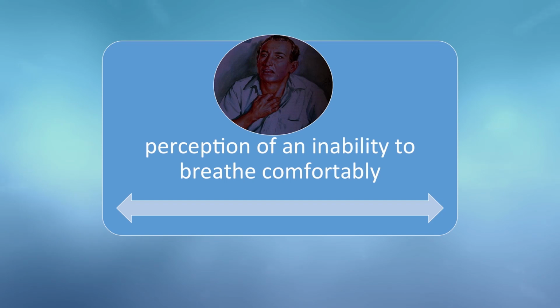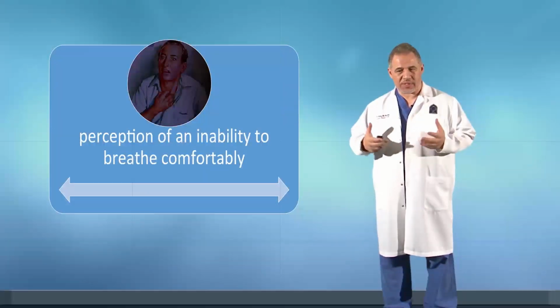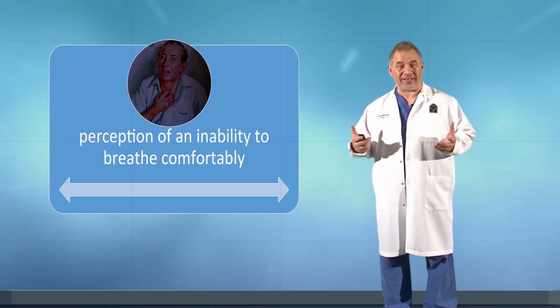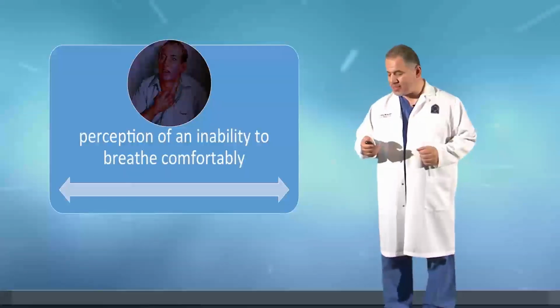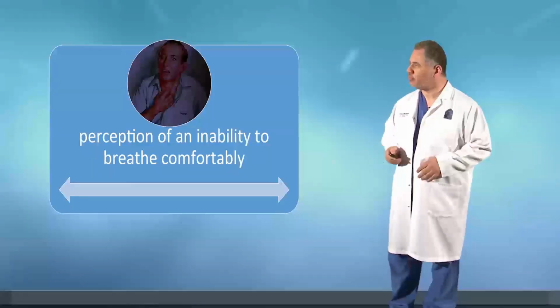The minute you are aware of your breathing is either because your work of breathing is hard or elevated, or because you're breathing too fast, or because you're having a problem completing your breathing cycle. And when that happens, you become aware of something that was happening naturally without paying attention to it. So dyspnea is simply being aware of your act of breathing.